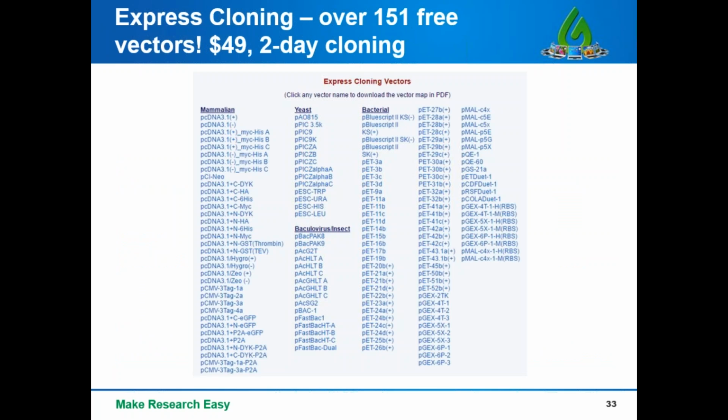We have over 151 free vectors offering competitive pricing and turnaround times. And also, if you don't see your vector of choice listed here, we can actually take your custom vector for a minimal fee. And so this actually offers you a high degree of flexibility when planning